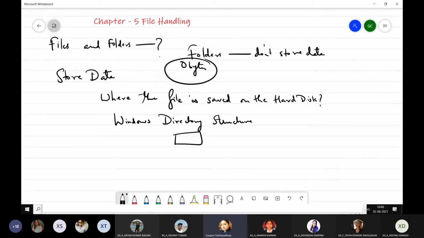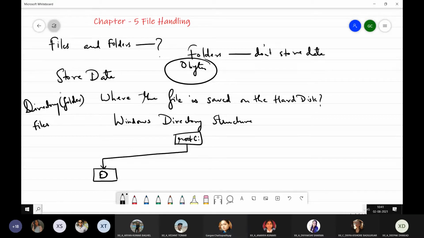Normally it starts from root, and with root we can say that it could be any of the partitions like C drive, D drive, E drive and so on, which store your folders. Suppose I use the term directory to represent folder. So I will use capital D to represent all the folders and capital F to represent all the files.